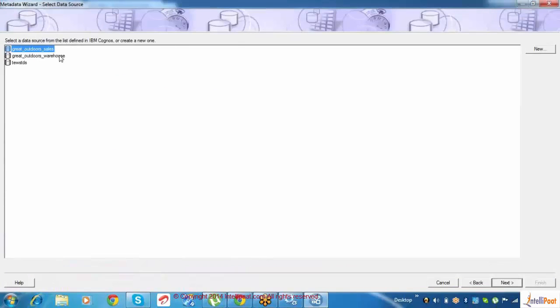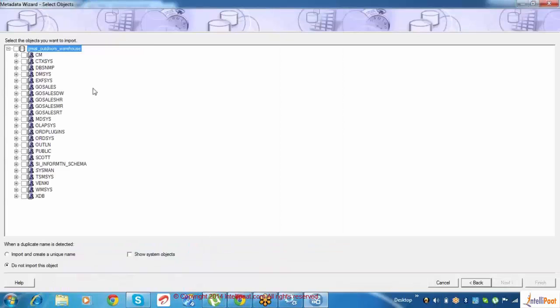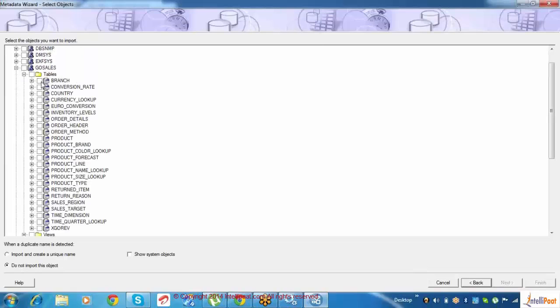So let me go to, here I'm going to select data source. I selected the data source here. So all these are schemas. I go to PostSales schema and then try to import a few tables, whatever I need.